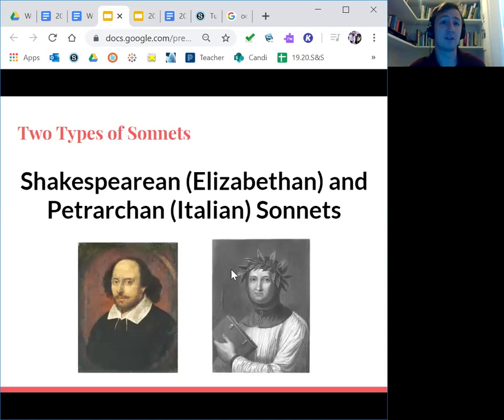We're going to talk about sonnets. One of the most classical and important forms of poetry in the Western world is the sonnet. With its origins in the 13th century, the sonnet is widely known for its frequent use by William Shakespeare, the gentleman on the left of the screen. Sonnets are strongly associated with romantic themes.